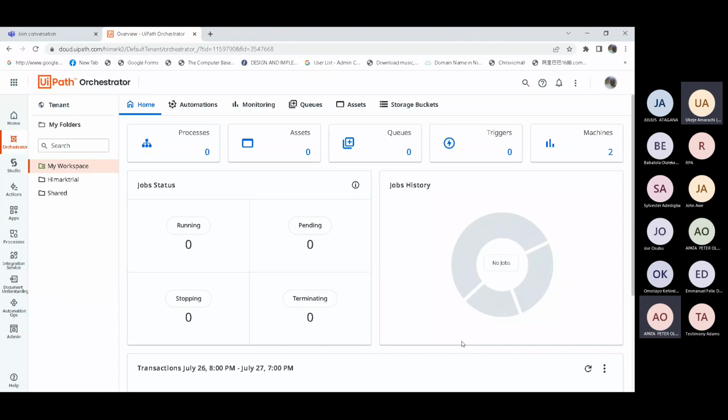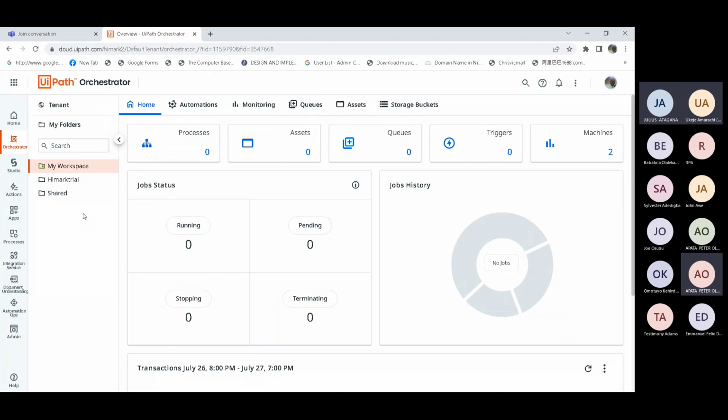So we can take the orchestrator out. Like I said, you have all the folders here. When you publish a file, you usually find it as a process. This process is a combination of your package and your robots put together. When you execute a process, the action being taken is called a job. So that's the relationship between a process, package, and a robot. When a robot executes a process, it's called a job.